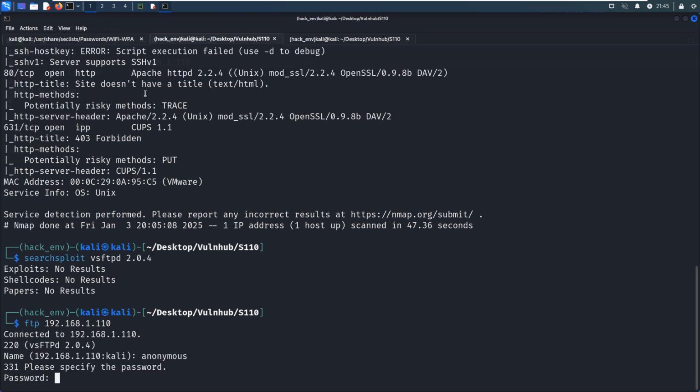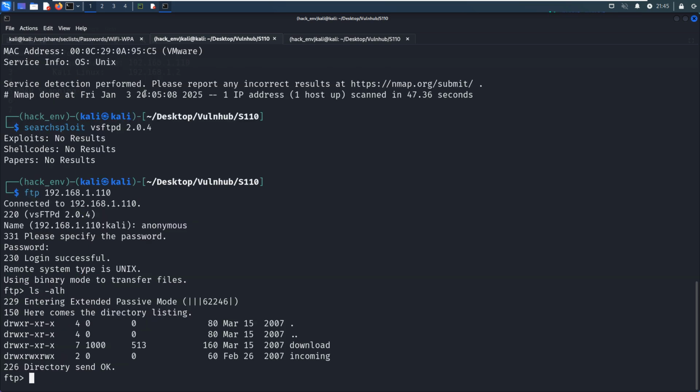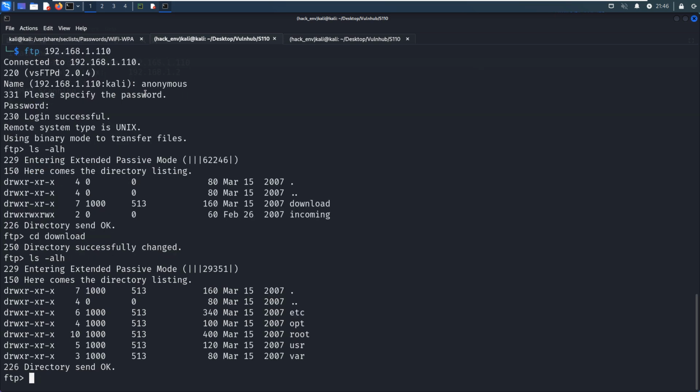And no password. Okay, we are in. Now the two directories. Yeah, we should be very careful. We need to make a thorough enumeration for each service. And there are two directories, download. We can go inside this directory. And a bit weird, even we can see some directory